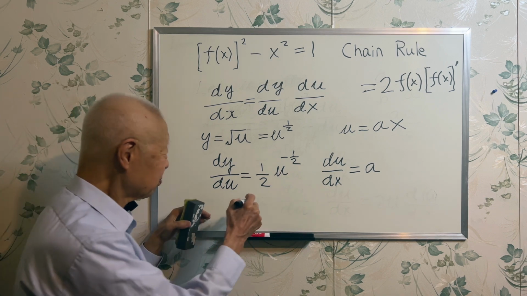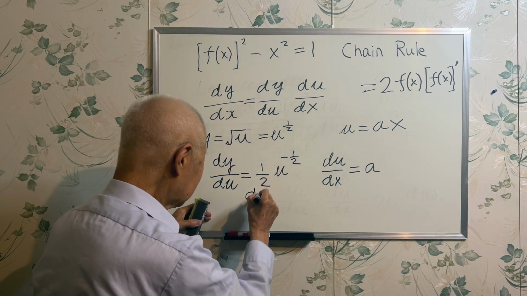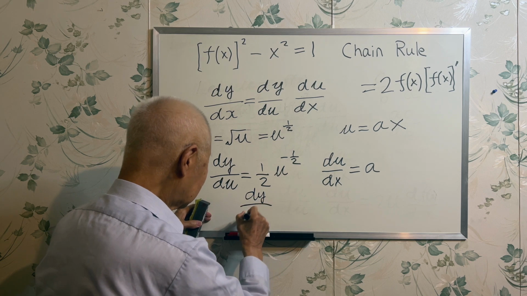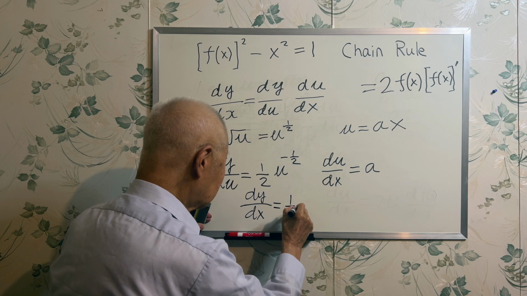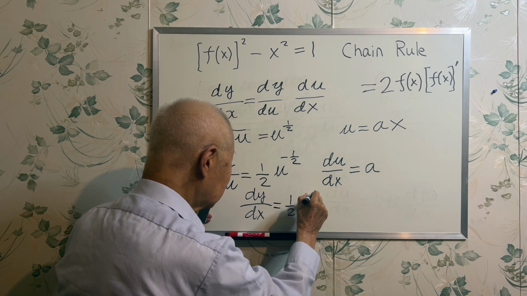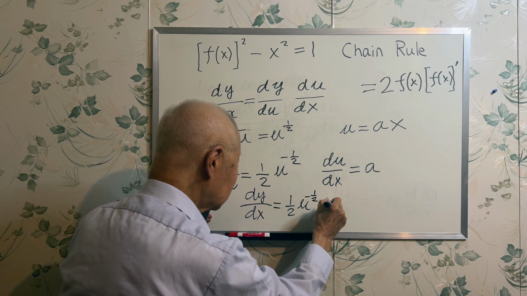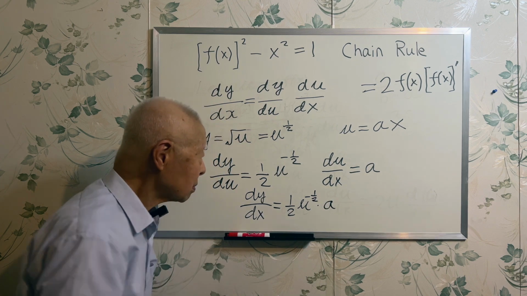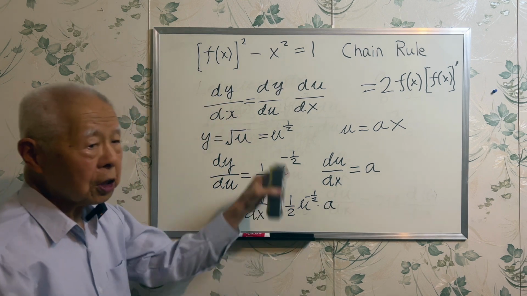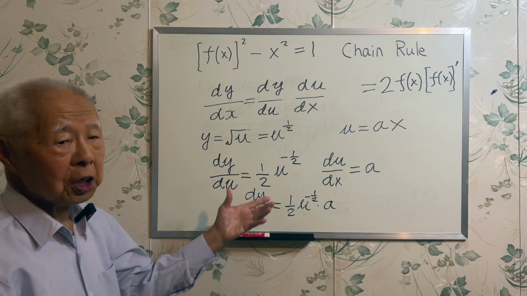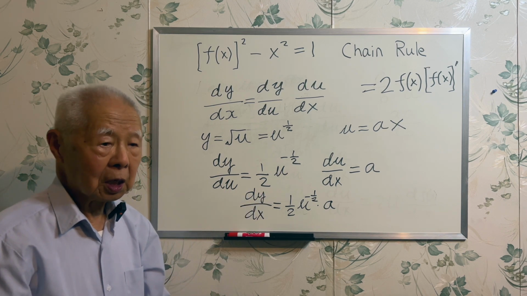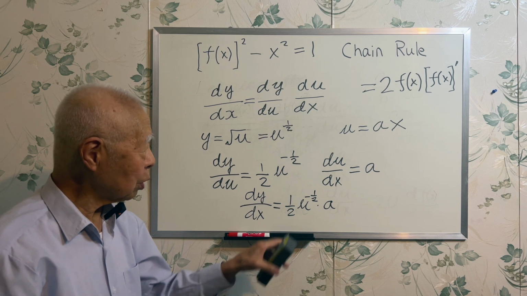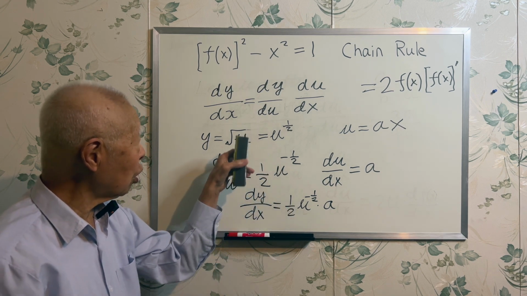So this is the result, and this is the result of applying the chain rule. And all you need to do is to replace the u by the original